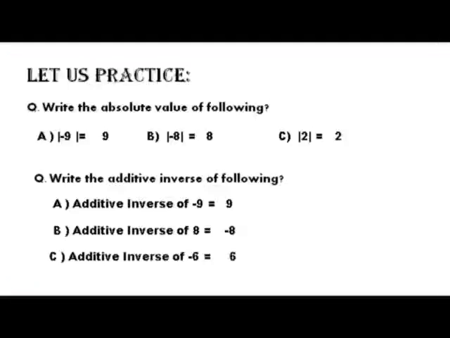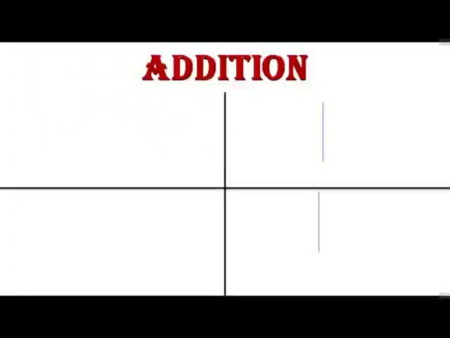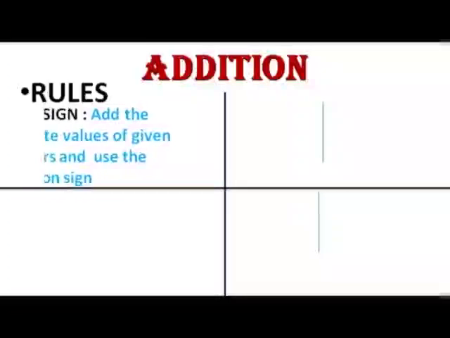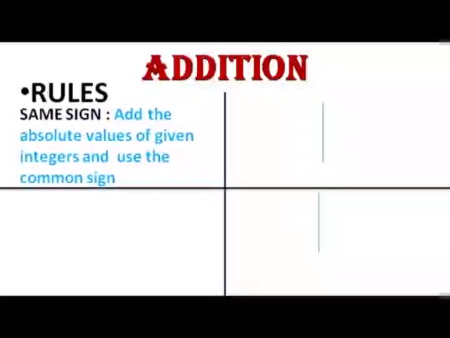Very good. Now, you know what is absolute value of any integer and what is additive inverse. Let us study about addition of two integers. Addition. Let us first discuss the rules of addition for integers. When the integers have the same sign, you have to just add the absolute values of each integer and use the common sign. That is, if both the integers are positive, the answer is positive,